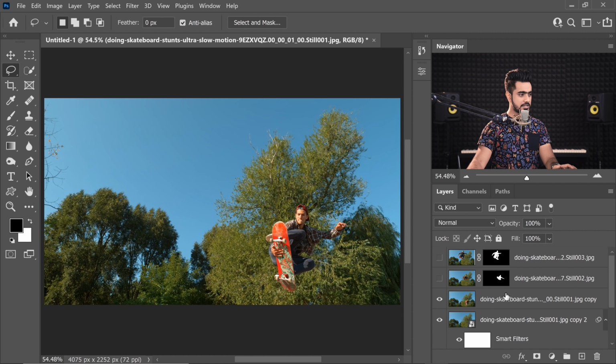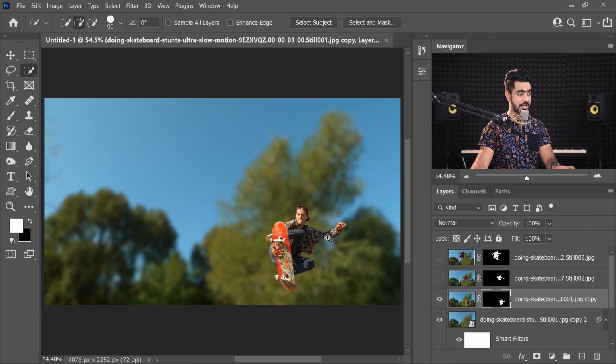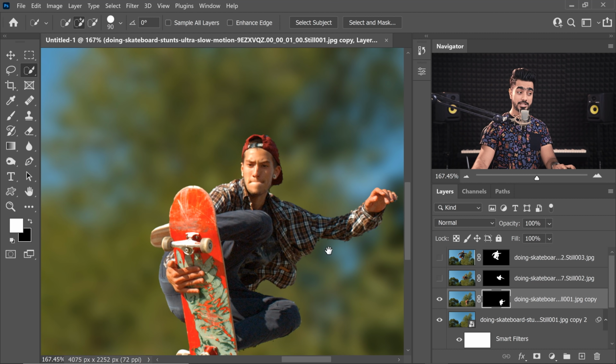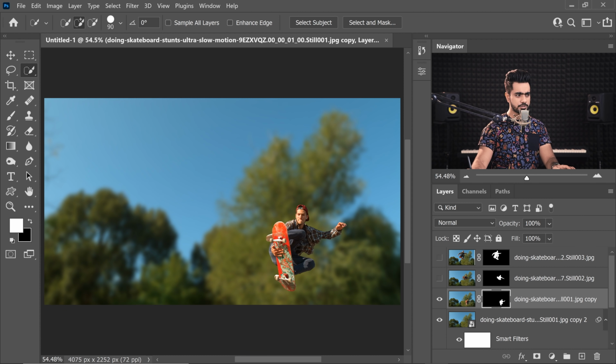Anyway, now let's turn on the first layer with the subject. Select subject and then mask it out. As simple as that. Click on the mask button. So there you have the blurred background. Now you can take a little more time for a better selection, but you get the point. Now if you want a little more depth, you can also blur this as well.